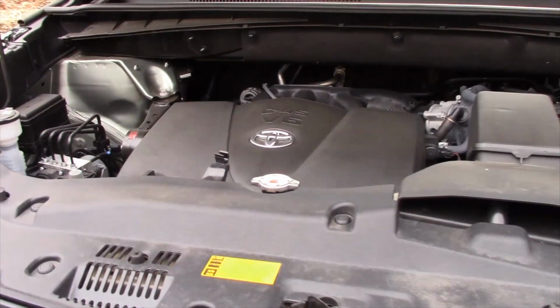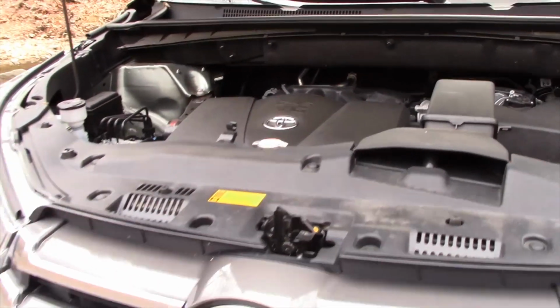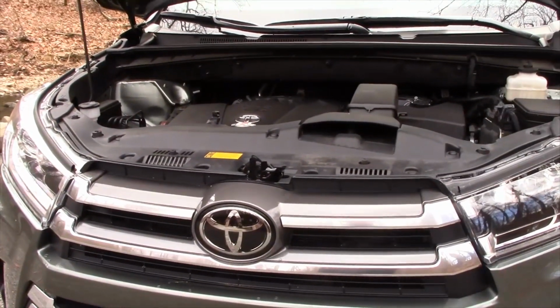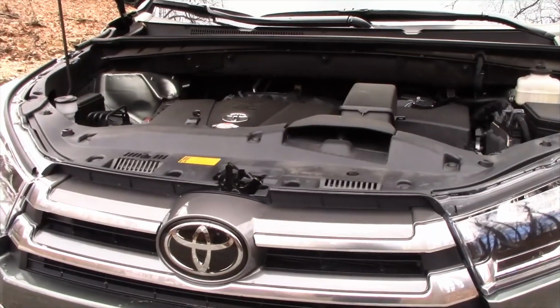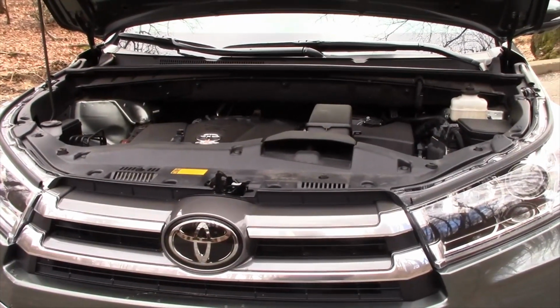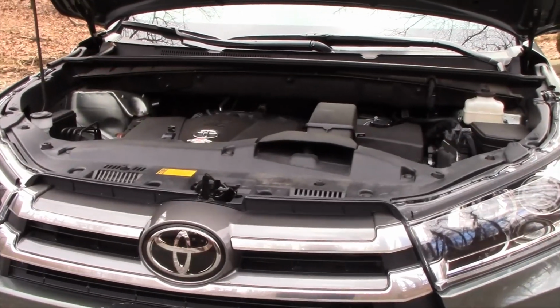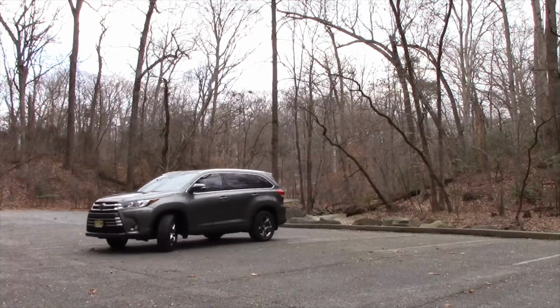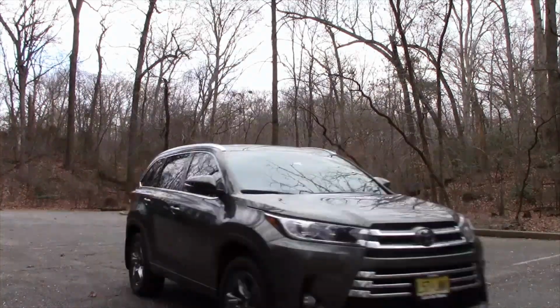Very nice. Powering the Toyota Highlander Limited is a 3.5 liter dual overhead cam V6, and that is mated to a direct shift 8-speed automatic. It produces 295 horsepower and 263 pound-feet of torque. It's good for a 0 to 60 time of 6.7 seconds. Fuel economy is rated at 20 in the city, 26 on the highway, and 22 miles per gallon overall. Pricing for the 2018 Toyota Highlander Limited starts out at